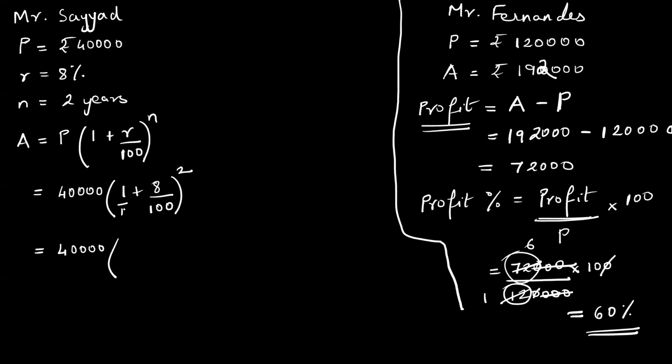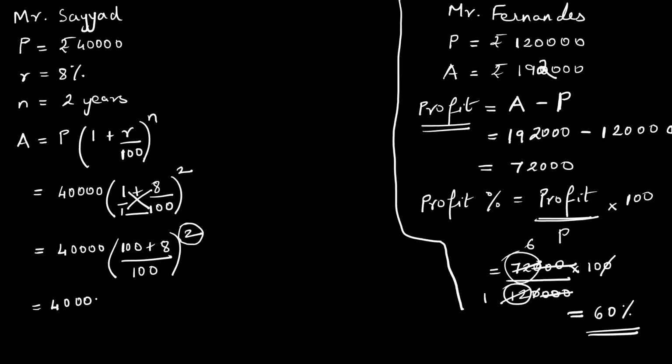So remember what we did in the previous part. Cross multiplication. So what will I get for 1 into 100, 100, plus 8 into 1, 8, upon 1 into 100, 100, the whole square. Can we cancel these two zeros? No. When there is power, many people make this mistake. Don't cancel it yet. When there is power, you separate it, then you cancel.